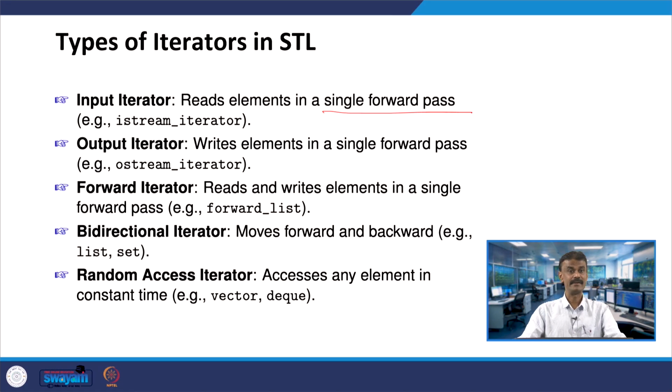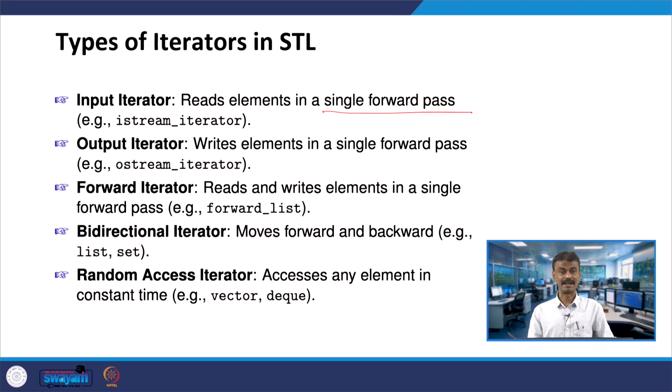for that you have an example, forward_list. You call it a forward iterator. Then bidirectional iterators move forward and backward. So, one pointer is moving forward, another pointer moving backward. Several examples you have; in fact, you can use it for the list and set. For example, several algorithms like quicksort have to move forward and backward, one pointer forward, another pointer backward. That is called the bidirectional iterator.